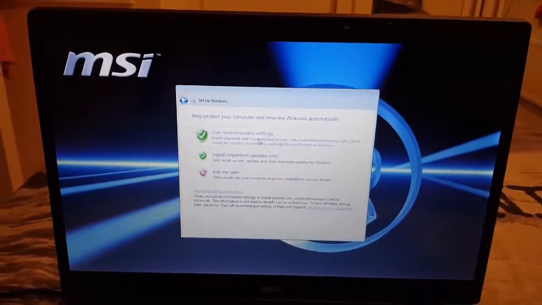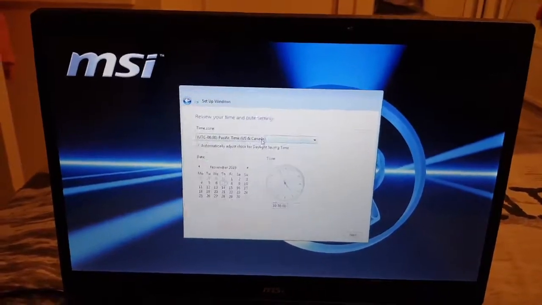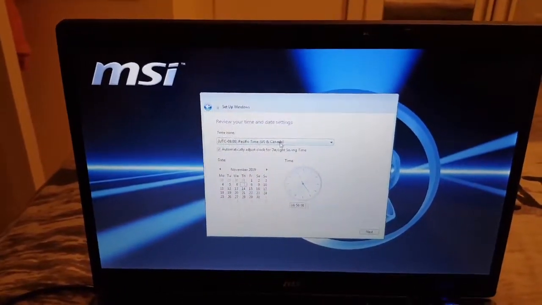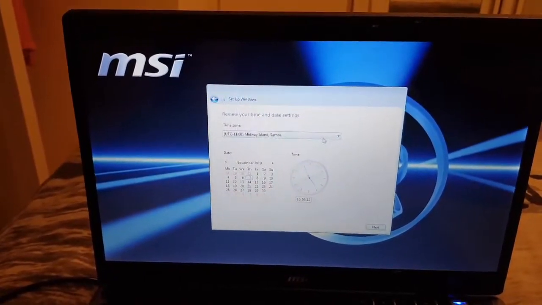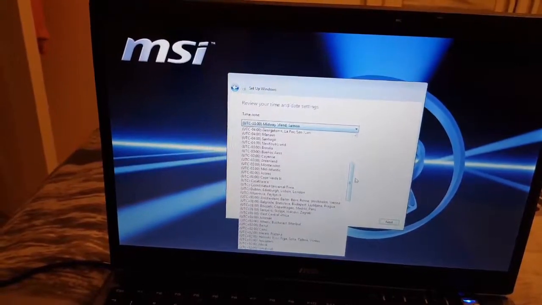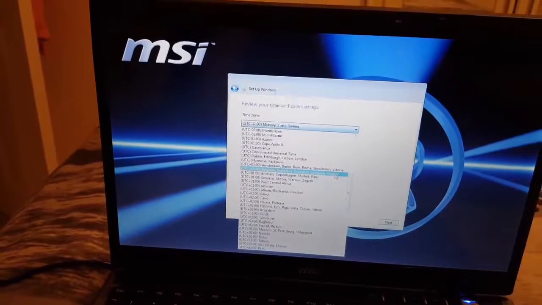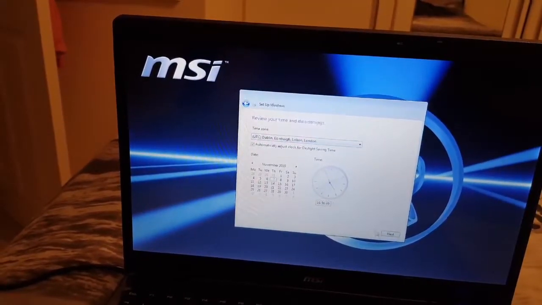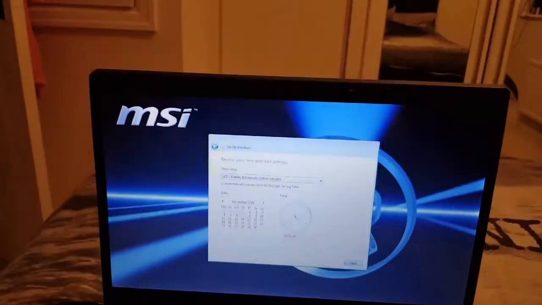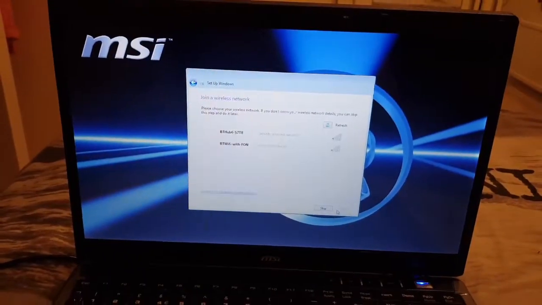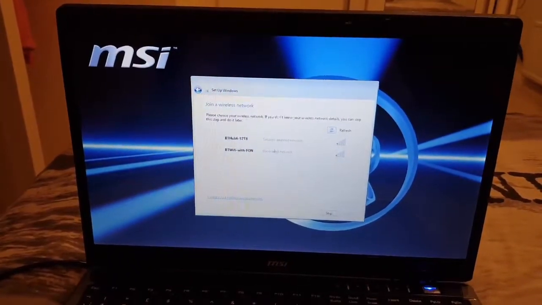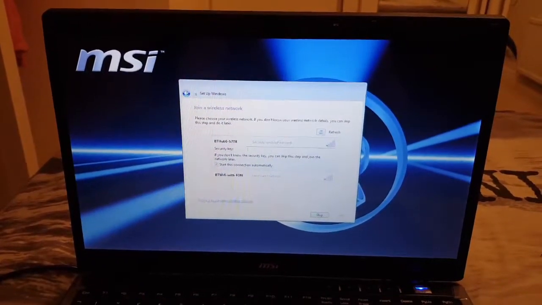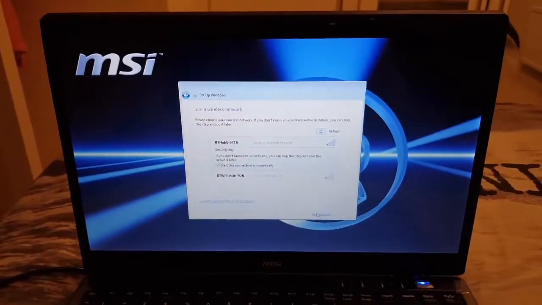So I'll just go and use the recommended settings because I want to have just my normal settings for the updates, nothing special. Here's the time zone. My time zone is not set right, so I'll just quickly update that. So here we go. The time is right. And here is my network, so I can put my network key, but for now I'll just skip it,